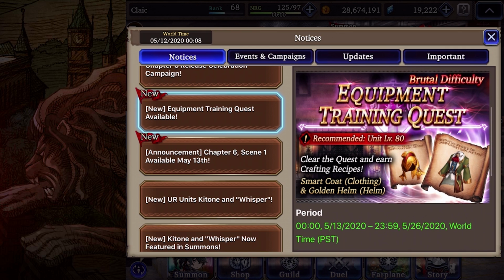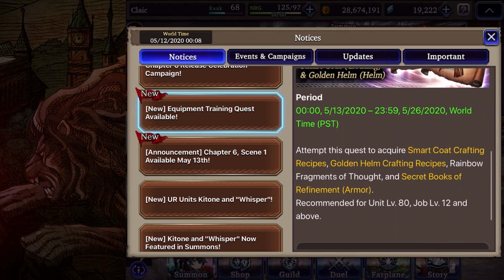The recommended unit level is 80, and we're going to be able to get the smart coat, which is going to give us a lot of spirit against magic damage dealers, and then the golden helm, which I don't think you're really going to use that often, but it is something you can pick up. I'm hoping that with this quest we also get the seals and the vision card experience, like how we got the books. I'm hoping all of that goes into this, but either way, I highly suggest you farm this a lot